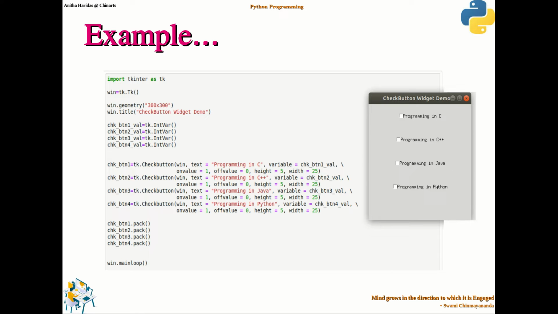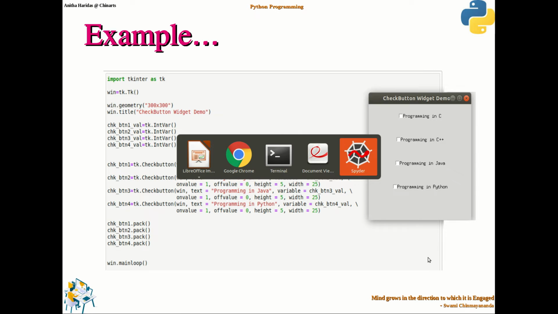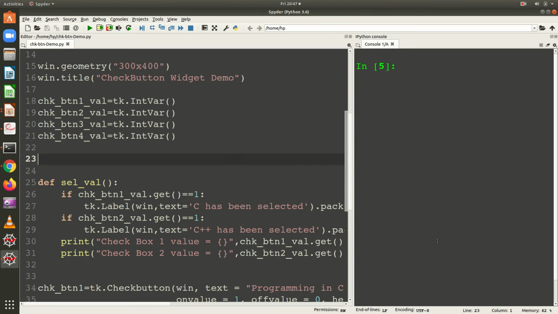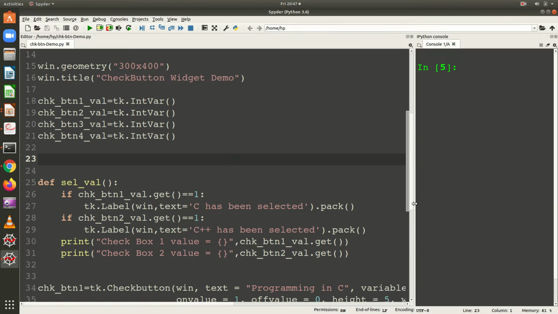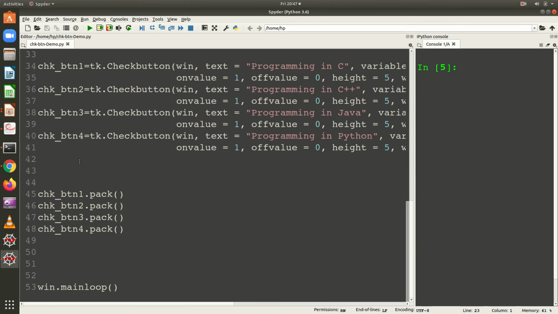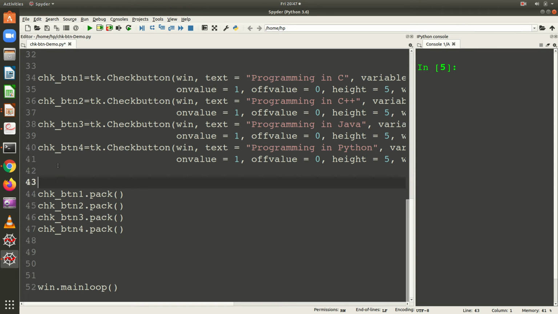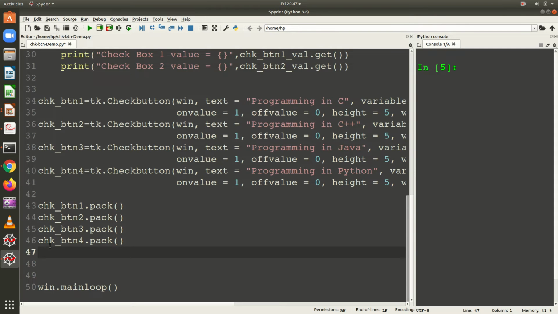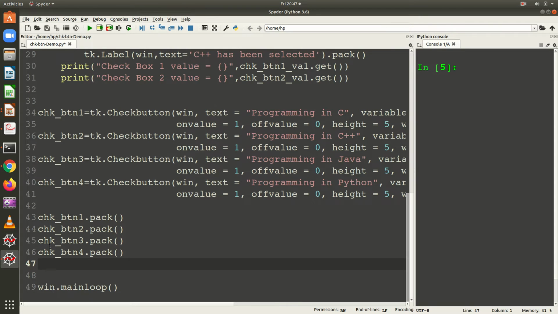As an example, I think I'll just show you the example of the check boxes program. So this is the program which we had seen earlier. I have opened it in Spyder.